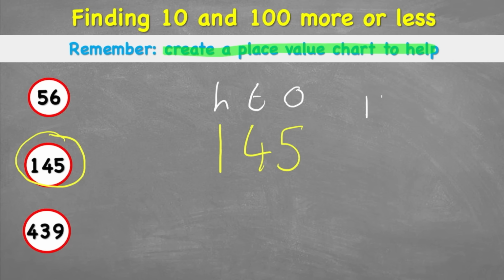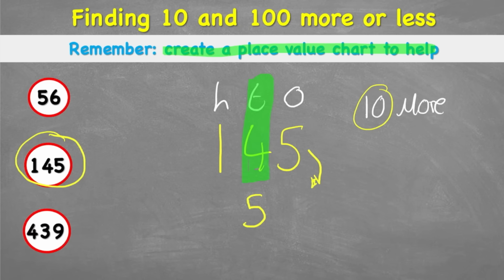Now I'm going to look for what 10 more would look like. Well, which column am I going to focus on with 10 more? I'm going to be looking in my 10s column. And at the moment, I have a 4. And if I'm going to be adding a 10 to my 10s column, that's going to turn into a 5. I didn't do anything to my 1s column, so I can bring that down. That's another 5. And I didn't do anything to my hundreds column, so I can bring that 1 down. And my new answer to 10 more than 145 is